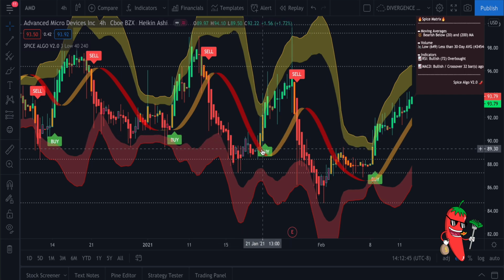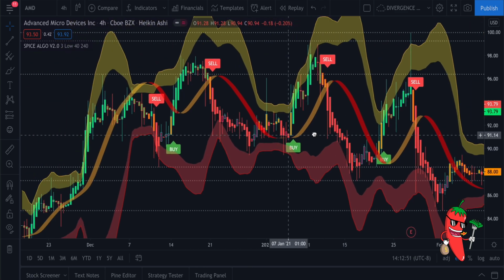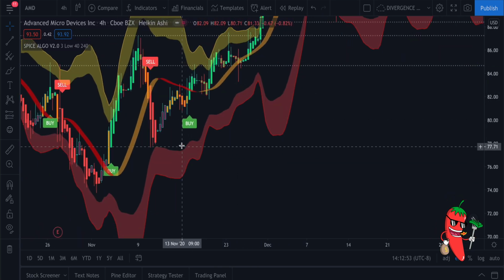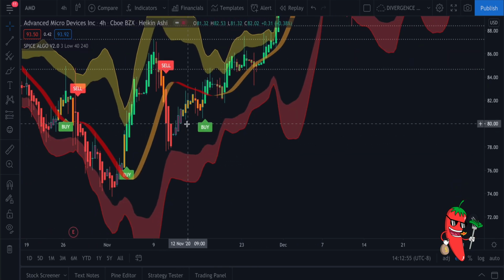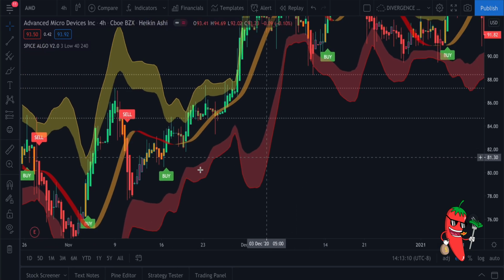Like for example, this ignites past Spice Trend. As soon as I see a reversal like this, I'm going to enter in earlier than the buy signal, right? You could use your other tools to give you confluence to get into better positions. Because right here, rejection off the band. I could have entered in as soon as I see a confirmation of a green candle, because this is a green candle. Yes, it's printed burgundy, but it will show exactly this, a reversal, and I can enter in sooner